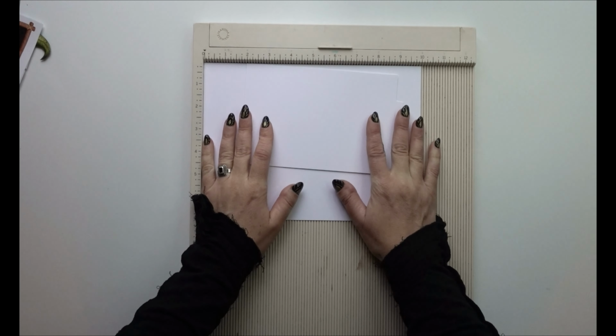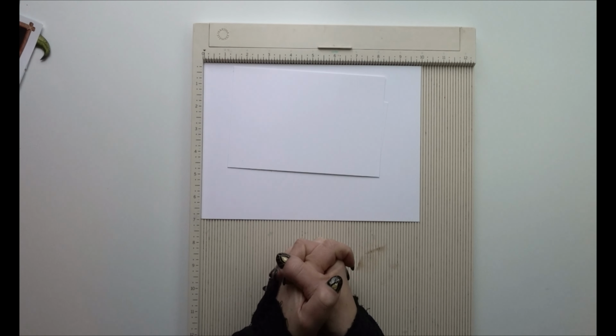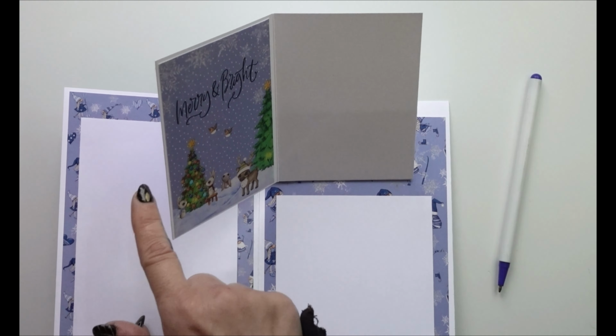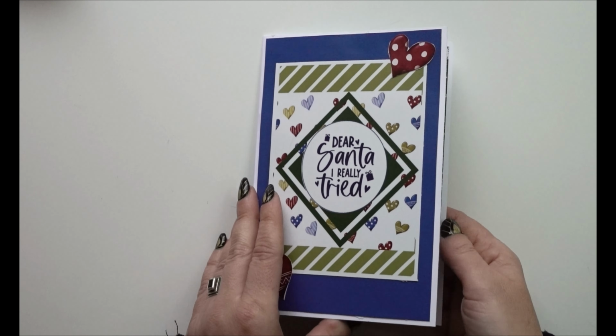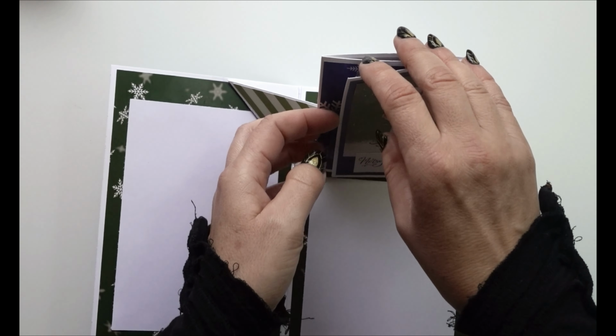Today we are going to be making a very simple but very awesome pop-up card. I will be using my Gnome Snow Day paper collection for this card, and I'm going to have two variations at the end of the video that I will show you as well, both also using the Gnome Snow Day